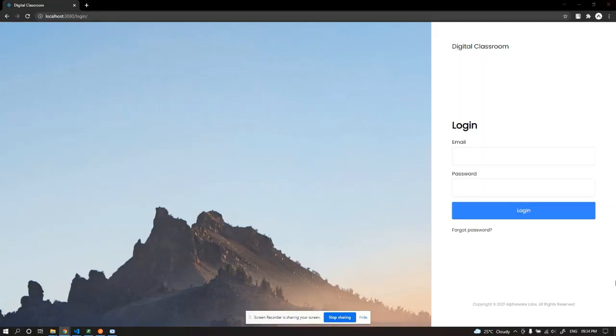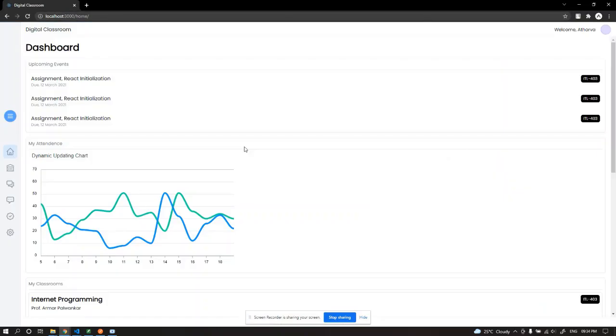So this is the home screen that we have here, in which users can log in with their credentials. Once the user logs in, they will be redirected to their dashboard, which will be this one in the React front end. All the front end has been built inside React.